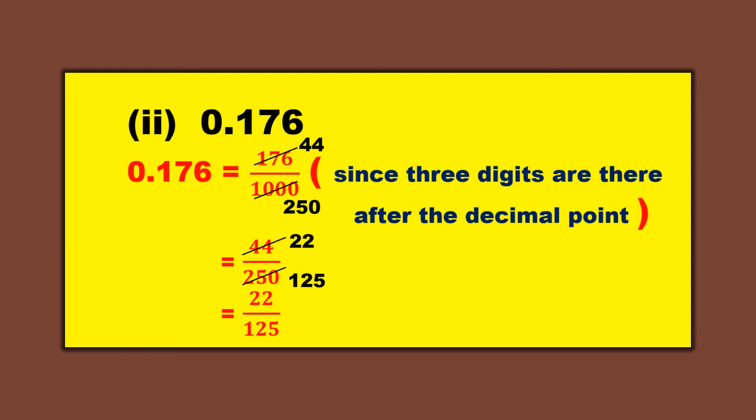It is not further divisible because this 22 has the last digit 2 and here it is 5. If the last digit is 5, it is divisible by 5, or you can check with the 3 table. So if you check it, here 1 plus 2 is 3, 3 plus 5 is 8. It is not divisible by 3. So I cannot divide it further. So this is my P by Q form. Clear? So let us go to the next problem.